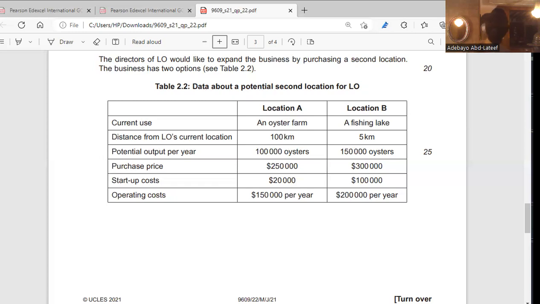So we've talked about the advantages of using location A because of cost effectiveness in terms of the startup, the purchasing price, and the operation cost. But the only problem about location A is the distance, which is transportation cost. Okay. Any questions about that? No. That ends